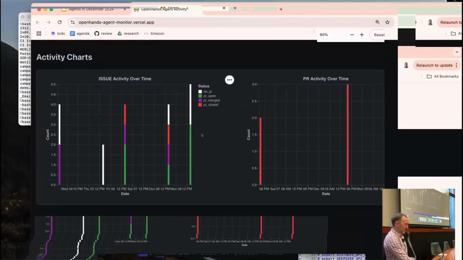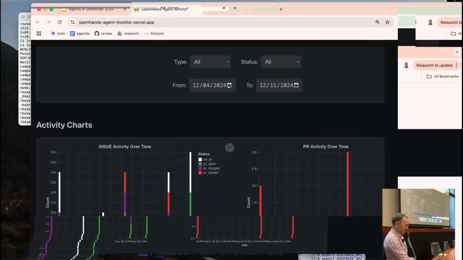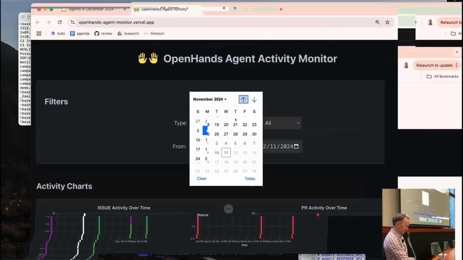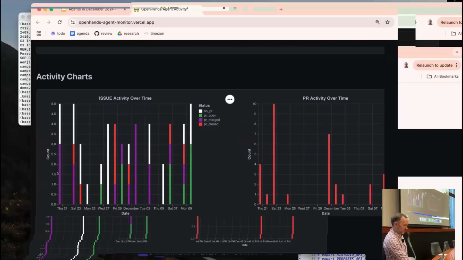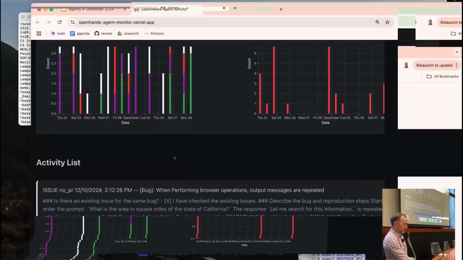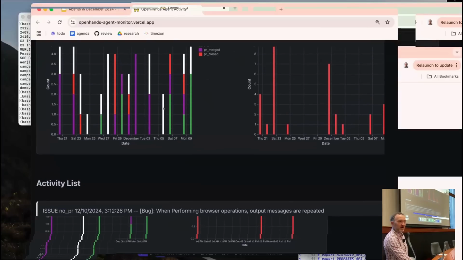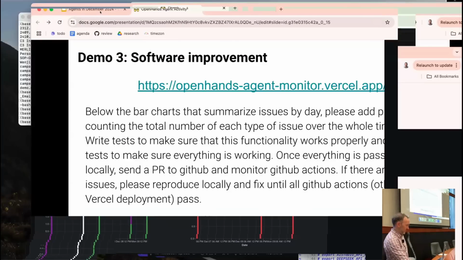On the left side, I have the number of issues where it sent a pull request, whether it was merged in purple, closed in red, or is still open in green. So it's helping us monitor. But one thing it doesn't tell me is the total number. And I kind of want that feature added to this software.